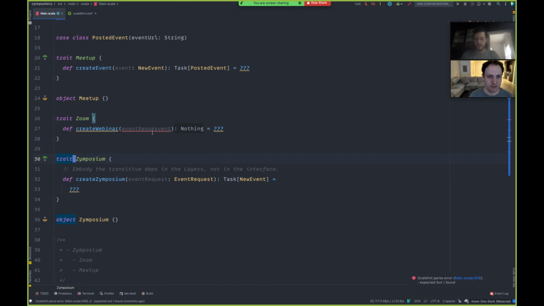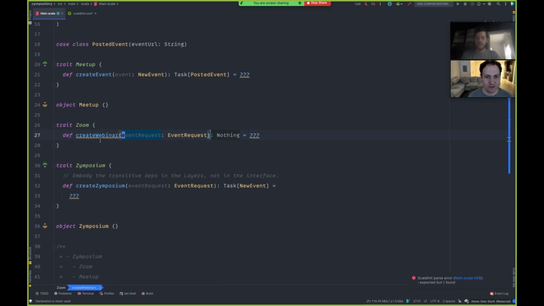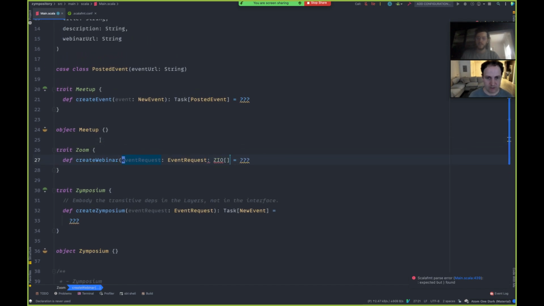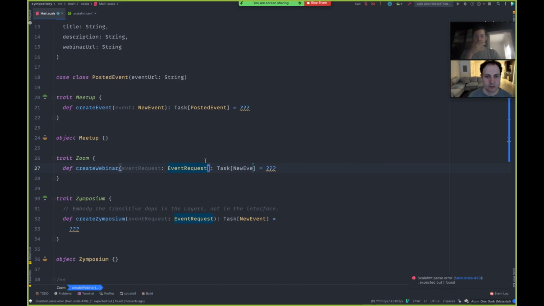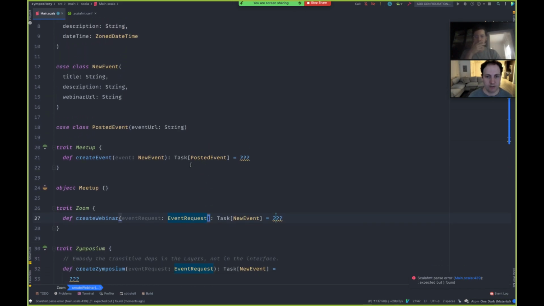My bad. I did undo. Yeah, no worries. That's a nice feature. And then with this conceptualization, this could return back, let's just say, a task of a new event, right?